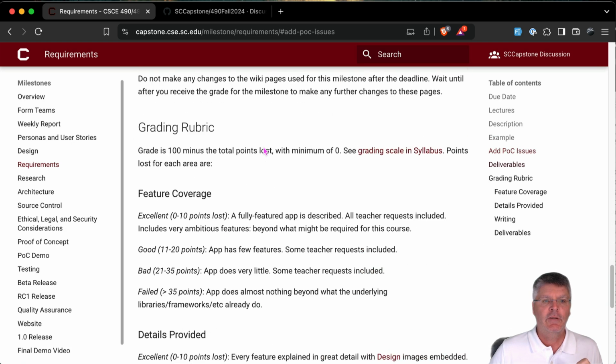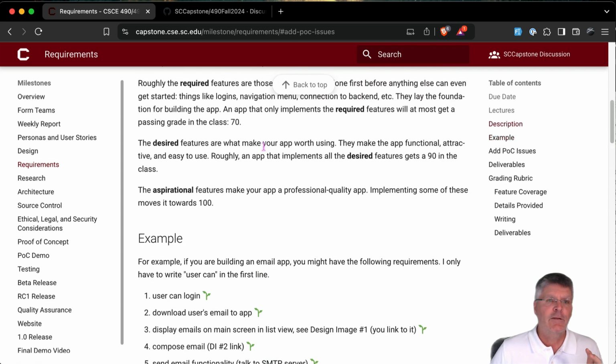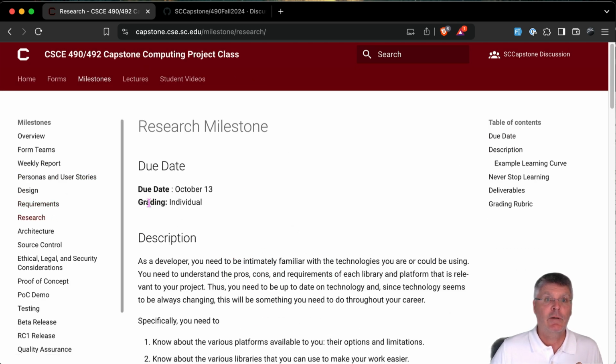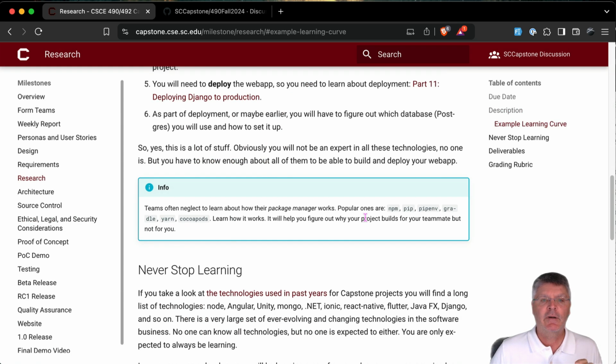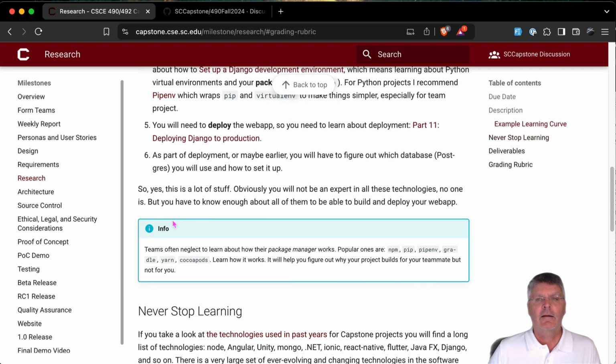I'm not going to go into too much detail, but each one has deliverables and a due date. The research milestone, I know this one has a grading of individual, and this one's going to be a little bit different. Check out the deliverables. They're going to tell you how to turn this one in, which is a little bit different from all the other ones. It's not a wiki page. So read that and do it